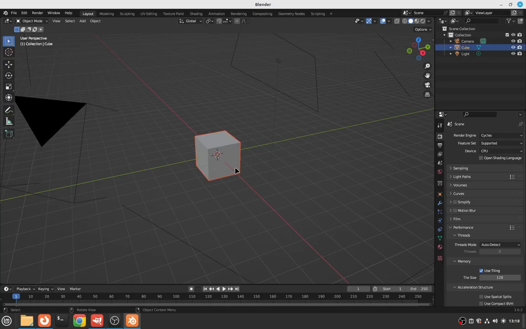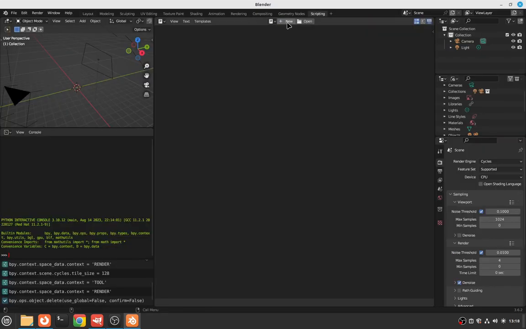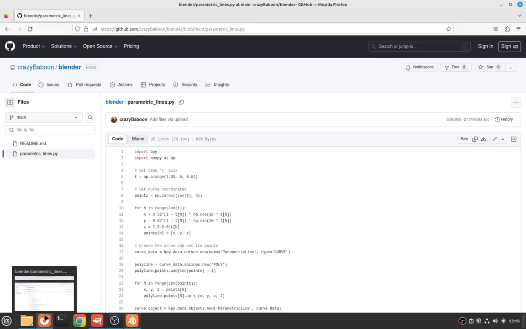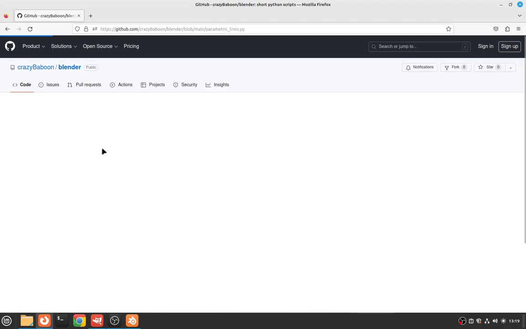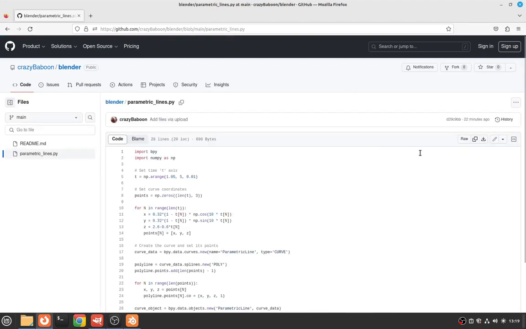So we first delete this cube, and then we go here on scripting, go on new, and then go here, download the script that creates the curves, the Python script. I'll leave this link in the description below. So copy the script,